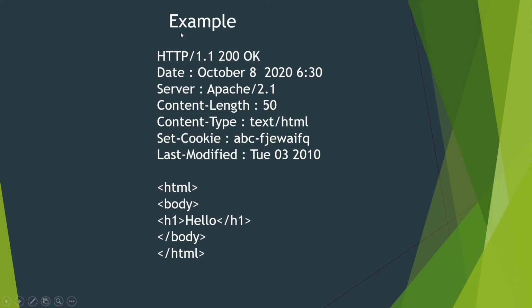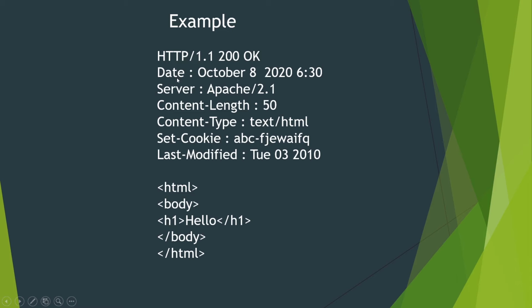So let's see the structure of the response. In the previous video we have seen the GET request. In that GET request we are asking for test.html. Let's say that request has been sent to the web server, and the web server has the test.html. Then the web server sends the response to the client. Let's see this. The first one is HTTP/1.1, which is the protocol, and 200 stands for the status code. And if you do not know what that means, it will specify in ASCII format, or human readable format, saying OK. So the client requested test.html and it is found.